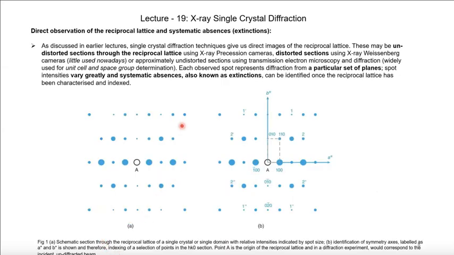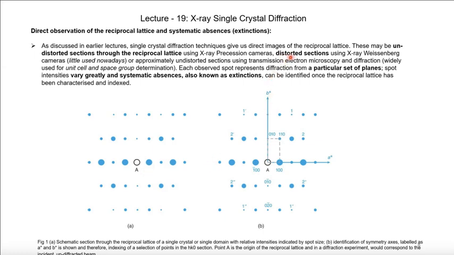Here, these are schematic data, not the real data. These are schematic data to let us see what we can do with a reciprocal lattice plane or reciprocal lattice point. One thing is